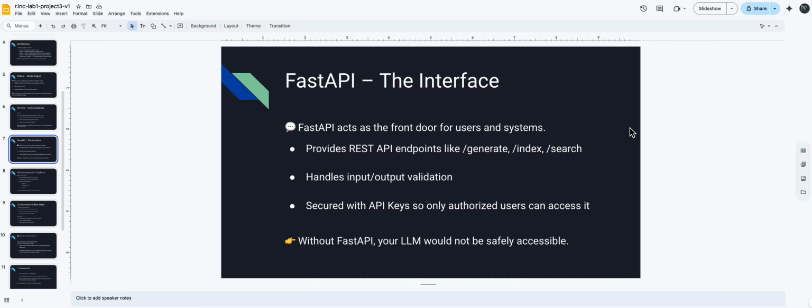FastAPI, as I mentioned before, we've been using it for every app. FastAPI acts as the front door for users and systems. We could not use FastAPI, but I tend to stick to Python, because we will have a lot of developers in the audience. So I'll try to mix both, where we use Ollama by itself with a reverse proxy Nginx, and also with Python. In this case, FastAPI acts as a front door for users and systems, and provides REST